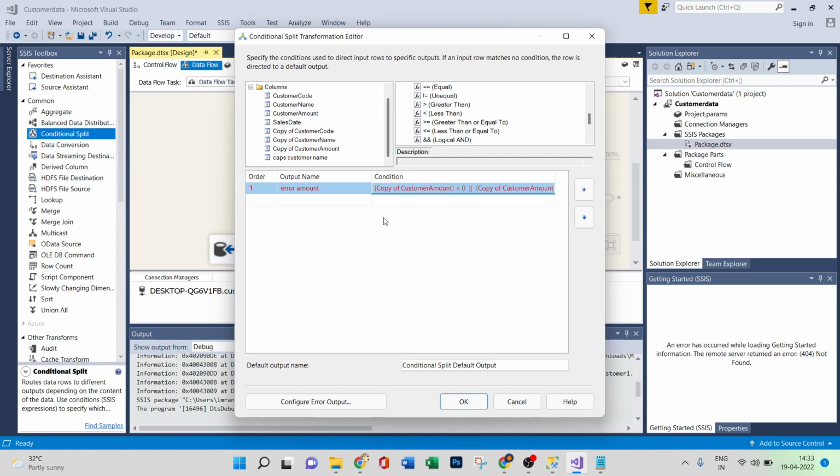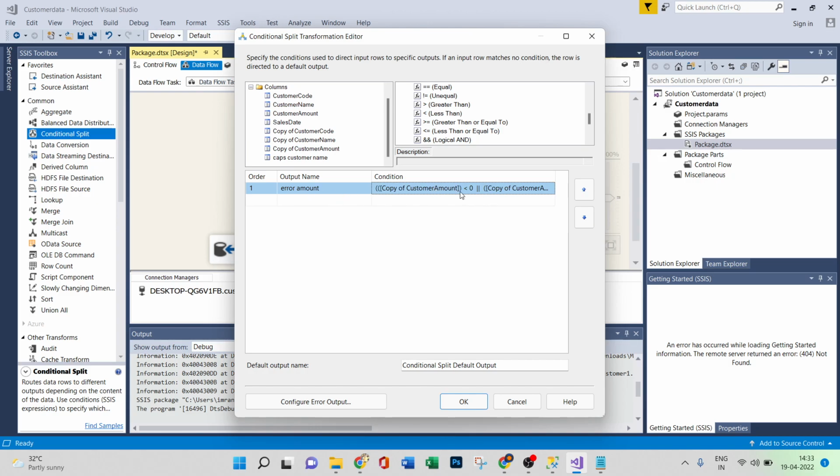Sorry, brackets. Okay, you can see like I'm adding the brackets here. So I'll just add the bracket over here for the copy of customer amount, and here also I'll just add one bracket. So if you are good in typing, you can just type it. Here, and one I'll put the outside bracket because it's one condition, right? So after adding this, outside one bracket here, and one bracket here. So now if I try to exit, you can see like I'm not getting any error,